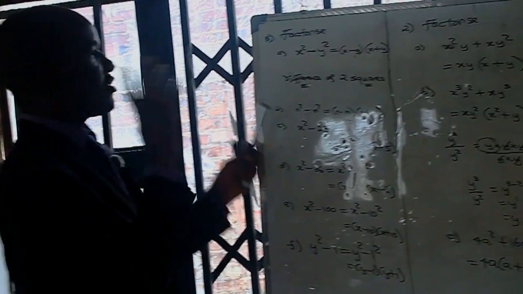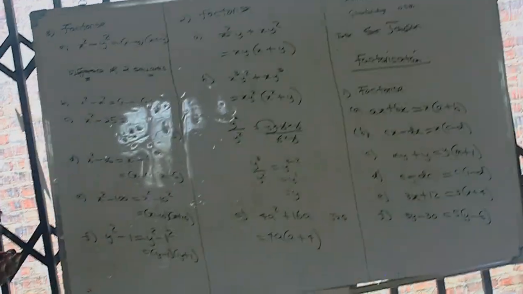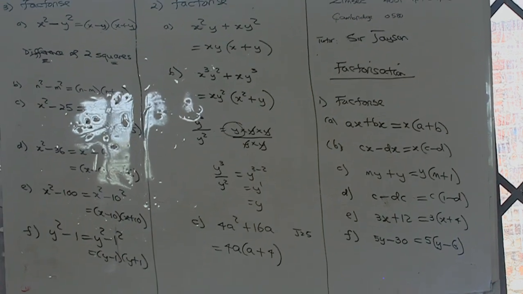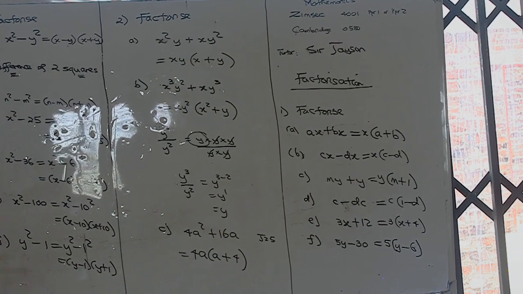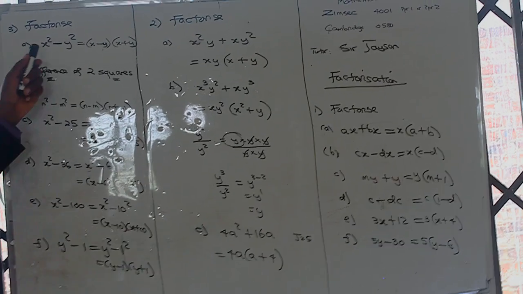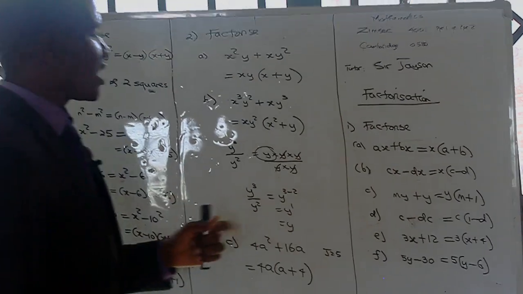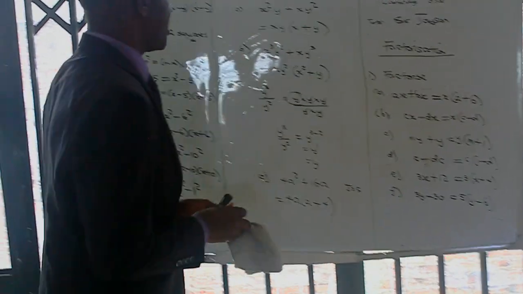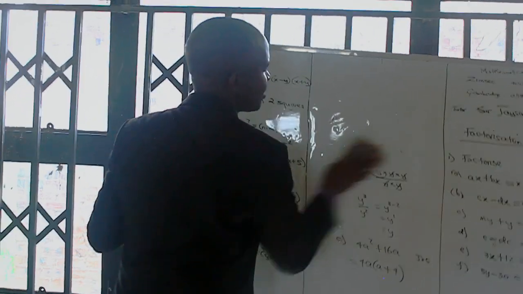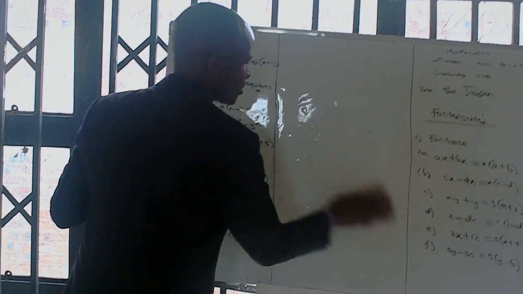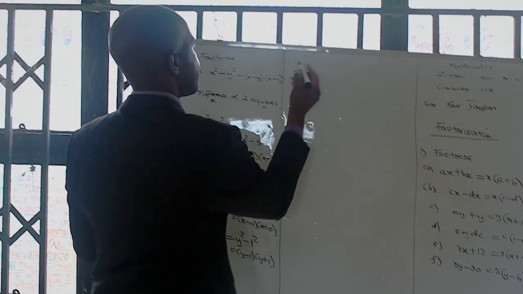We found that in many cases in factorization, you factor out a letter or a number, or a letter and number, then you put your brackets. Now, on the difference of two squares method, we should have a subtraction sign and the numbers written as a square. Now, let's look at more examples on difference of two squares. But before that, we need to know that